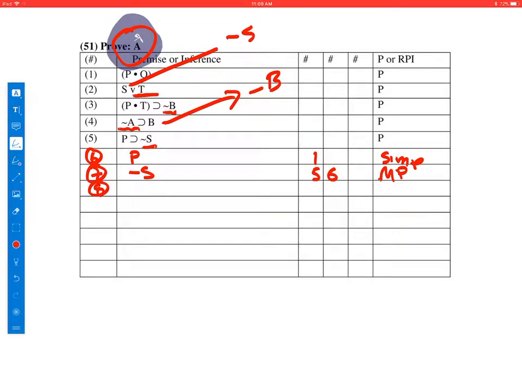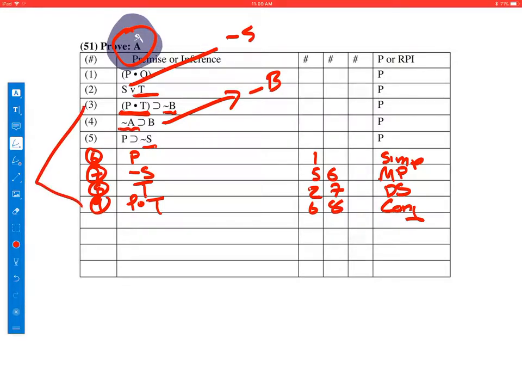Okay, with that not S, I was going to apply it with line 2. Not S or T, not S, therefore T. That's 2 and 7 disjunctive syllogism. Now I have the two parts that I need to form the antecedent on line 3, that P and that T. P and T, 6 and 8